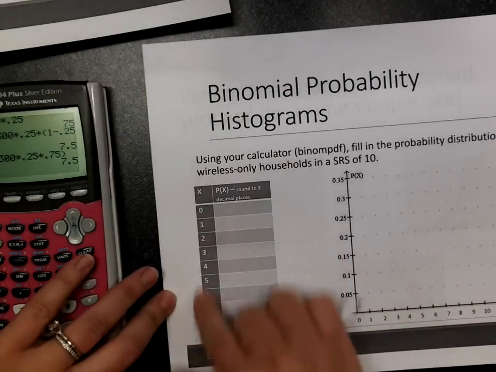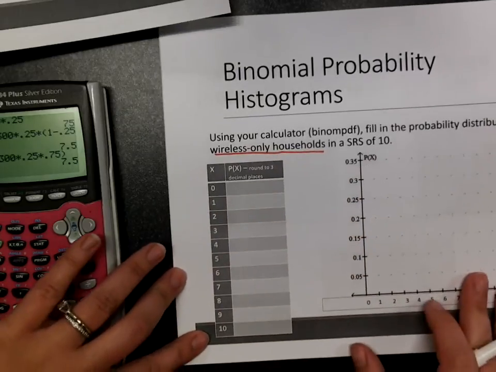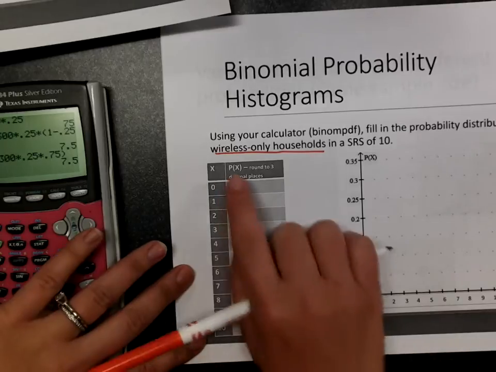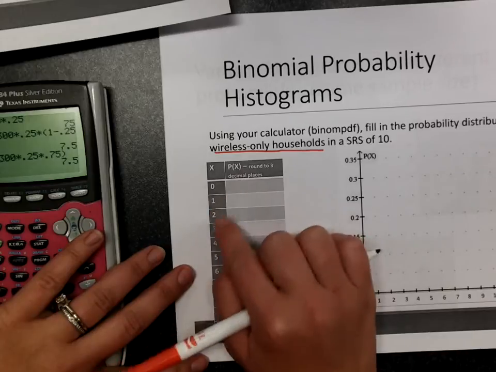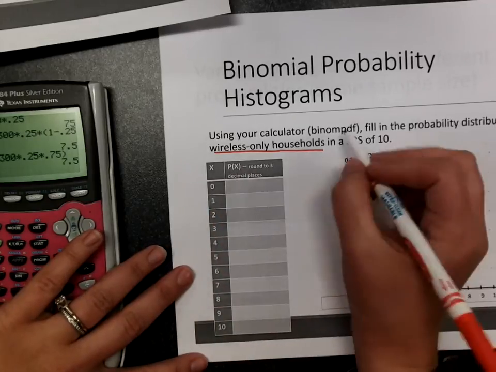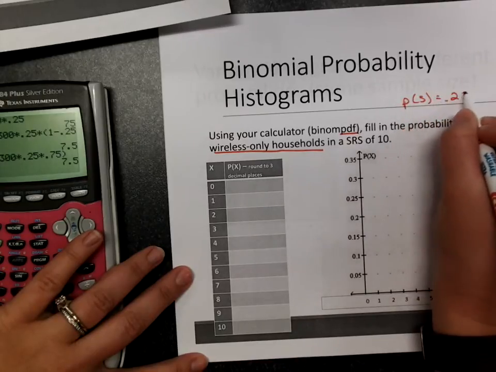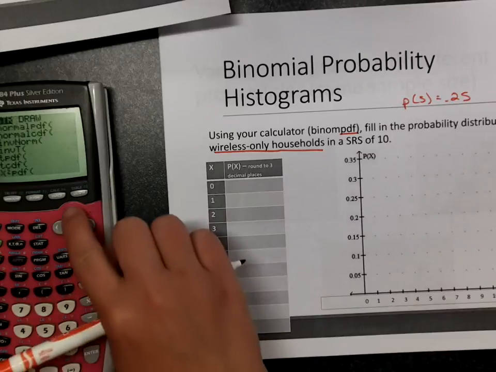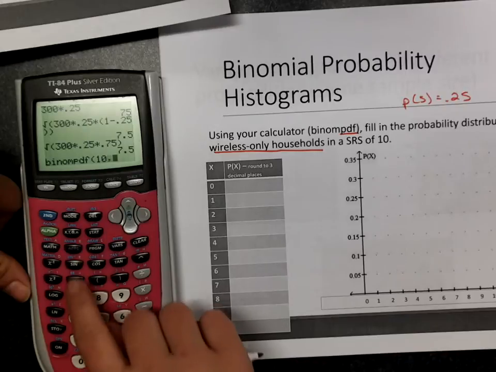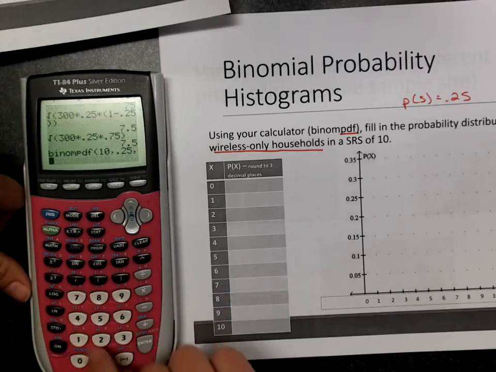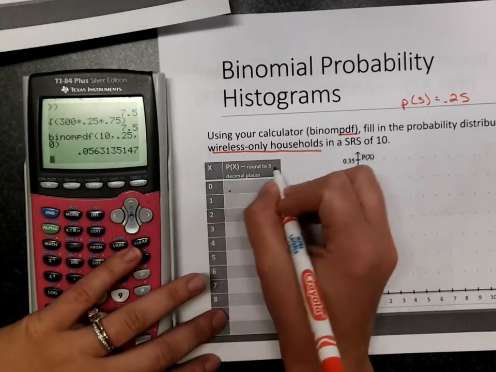Let's say we have a random sample of size 10 using that same wireless only households situation. In a sample of size 10, we're going to find the probability that 0 households are wireless only, the probability that 1 or 2 or 3 or 4 or 5 all the way through 10. So I want you to use binomial PDF. Remember, the probability of success is 0.25. So if you just call the function once, we're going to go back to PDF. We have a sample size of 10, probability of success of 0.25, and the first one we want is 0 successes. And we're going to round to 3 decimal places,